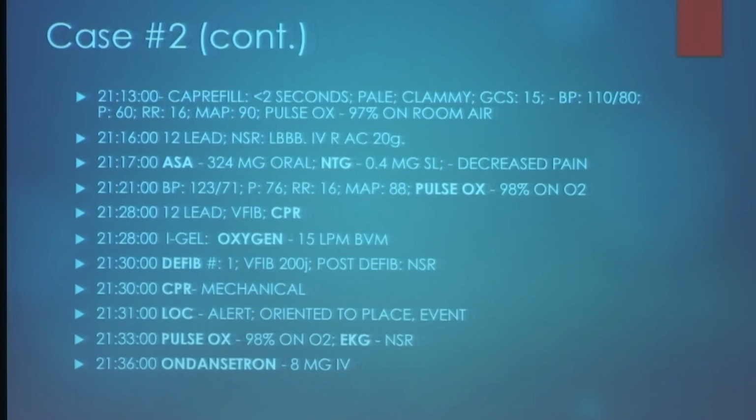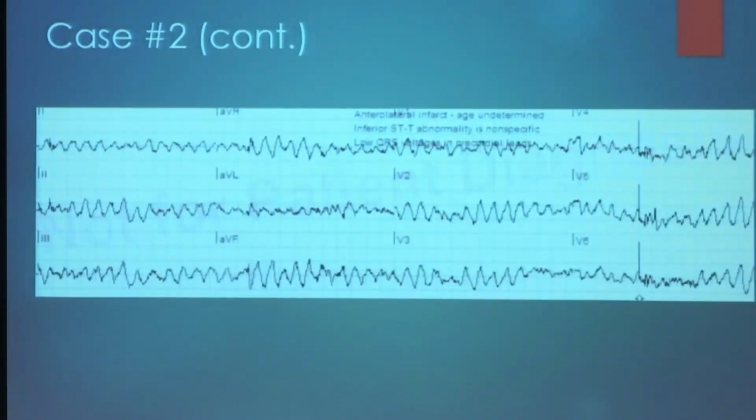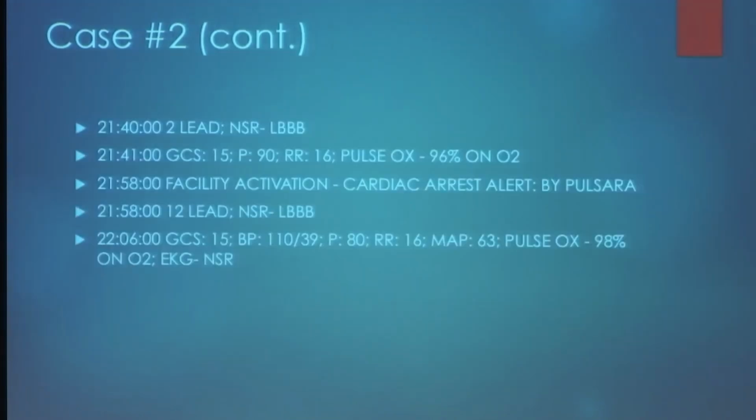12 lead, he gets aspirin, he gets blood pressure, he gets a 12 lead, he gets an i-gel, defib, mechanical CPR, and then his Lucas device. Pulse ox is 98 when he wakes up, on Zofran for nausea and vomiting. There's his initial rhythm, which looks a little torsades too, certainly. 2 lead shows the block, but